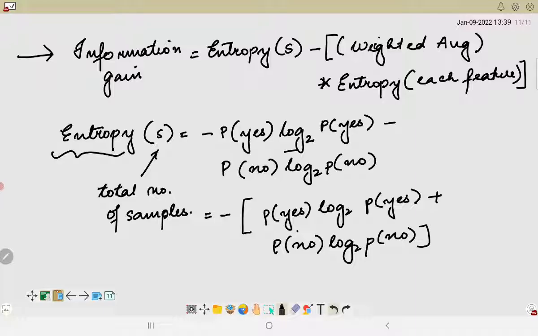Entropy is basically a metric which measures the impurity in a given attribute, and it specifies the randomness. So the more random a particular data or feature is, the less suitable it is for us to consider. Any feature which has zero entropy is a more stable type of feature, and we can use it for splitting in order to calculate the information gain.